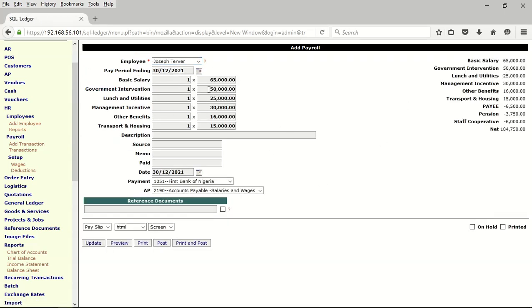And all the items have been populated. But his salary is different. He is taking 100,000, and for government intervention, he's getting 30%. For lunch and utilities, he's taking 20,000. For management incentive, he's getting 15,000. And for other benefits, he's getting 16. Transport is getting 10,000. Once we click on update,